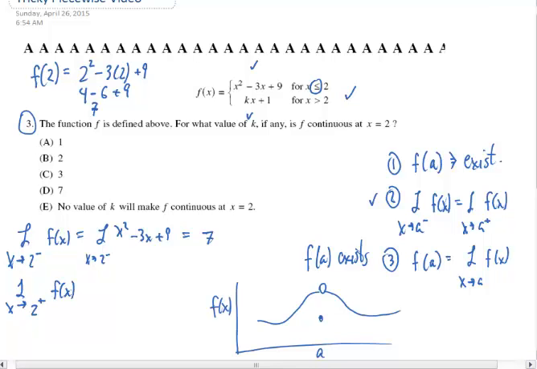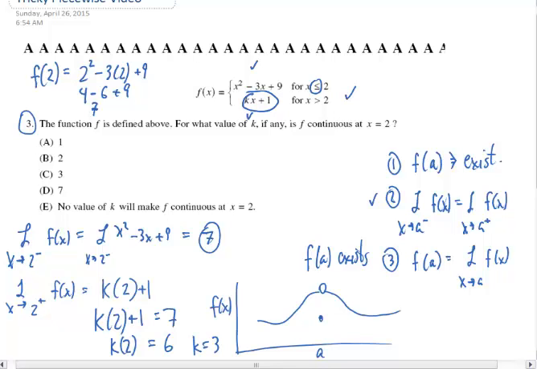So in that case, I'm checking the other half of the limit, which is the lower function. So that'll be k times 2 plus 1. Now, I don't know what the value of that is. It all depends on what k is. So we actually can force continuity by setting this side of the limit equal to the 7, where we want it to equal the other side. And when we do that, we find that k has got to equal